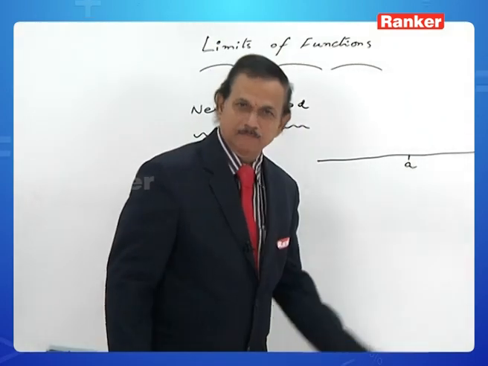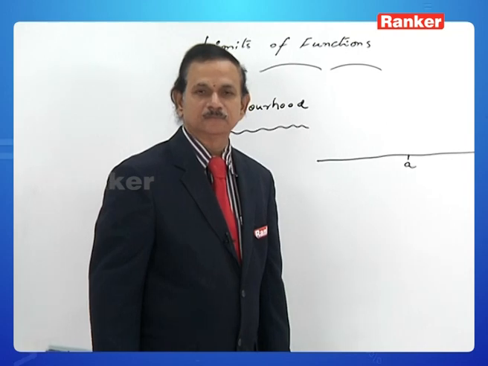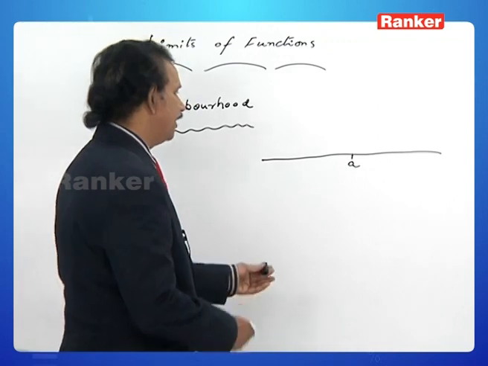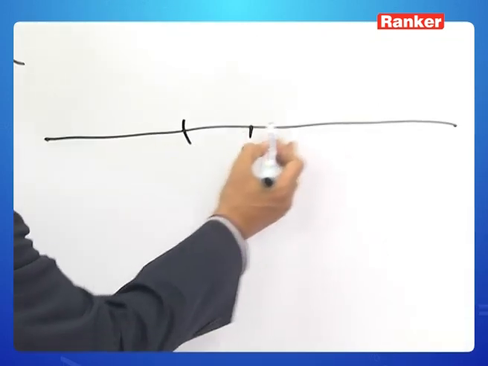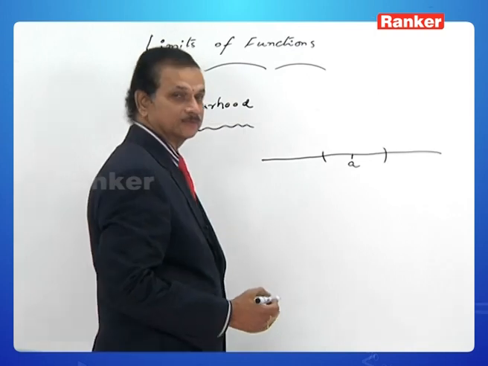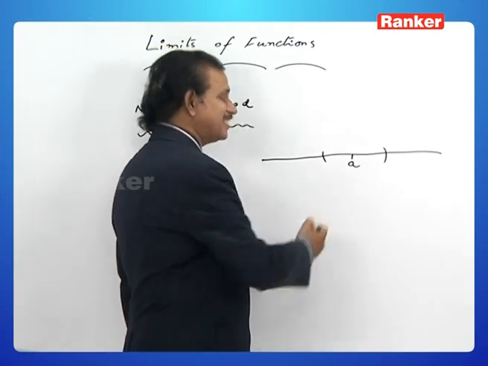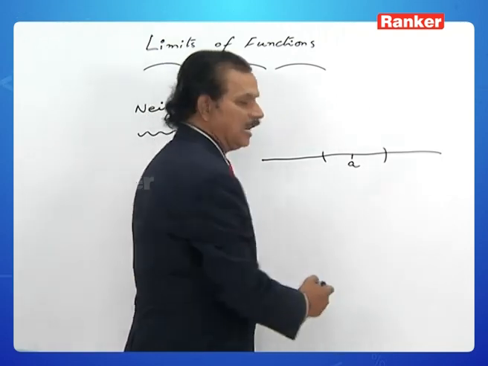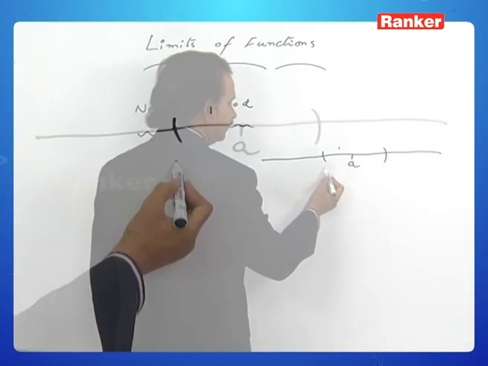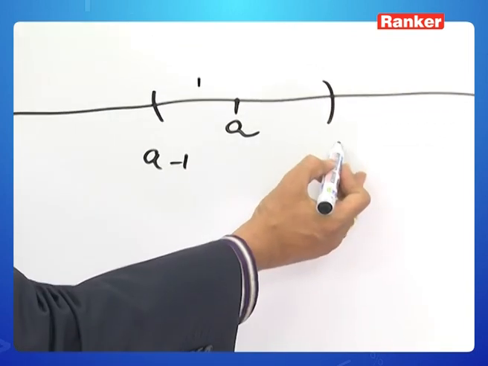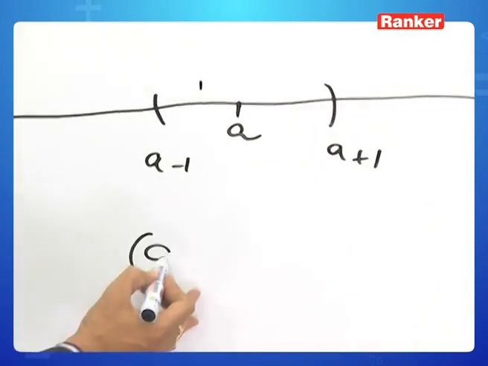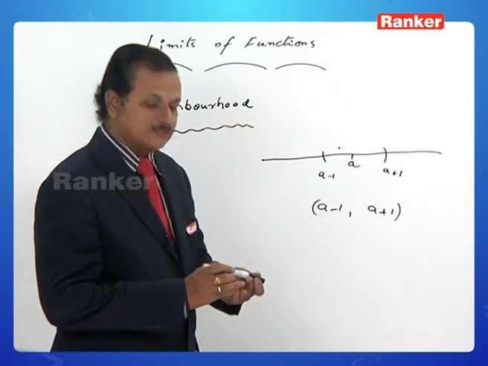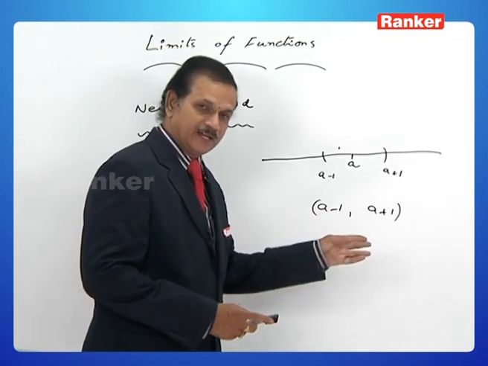Let small a be a real number. There is a point on the real line, that is real axis or x-axis. Now, you consider an open interval like this, which has been constructed by moving equal distance towards left and towards right also. Let this be a distance 1, then this is the point a minus 1 and this is the point a plus 1. There the open interval a minus 1 to a plus 1 is called a neighborhood of a,